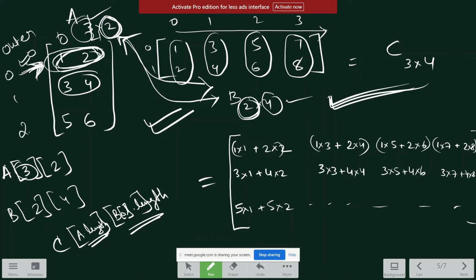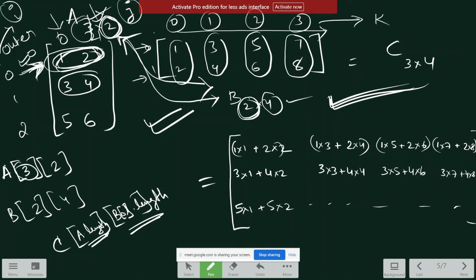एक हो गया रो नंबर को मैं बोलूंगा I. दूसरा हो गया कॉलम नंबर, इसका कॉलम नंबर और इसका रो नंबर सेम है तो दोनों को मैं बोलूंगा J. तीसरा हो गया इसका कॉलम नंबर और इसको मैं बोलूंगा K. तो मुझे तीन वेरिएबल्स रख रहे हैं I J K. तो मैं इन शॉर्ट एक लिख सकता हूं, कुछ ऐसा लिख सकता हूं, देखो